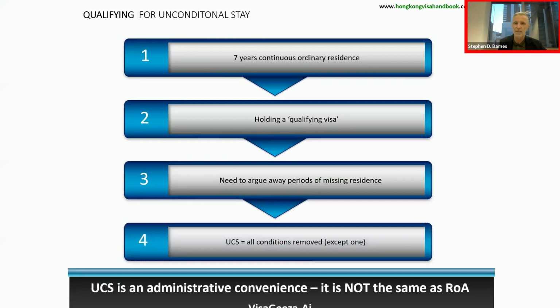continue your ordinary residence. And then if you get unconditional stay, it's a bit of a misnomer because all conditions are removed from your limit of stay. But there is one condition, and that is that you're physically present. You make one landing in Hong Kong in any 12-month given period in order to retain unconditional stay, which is